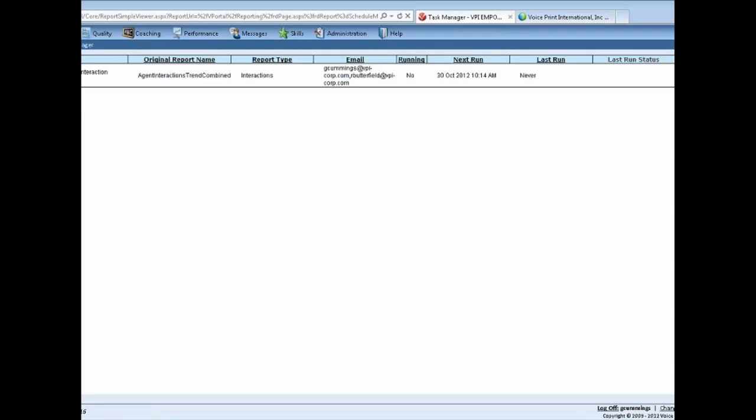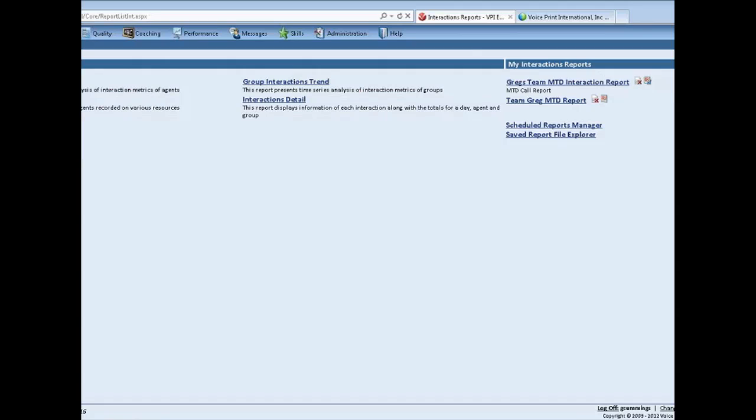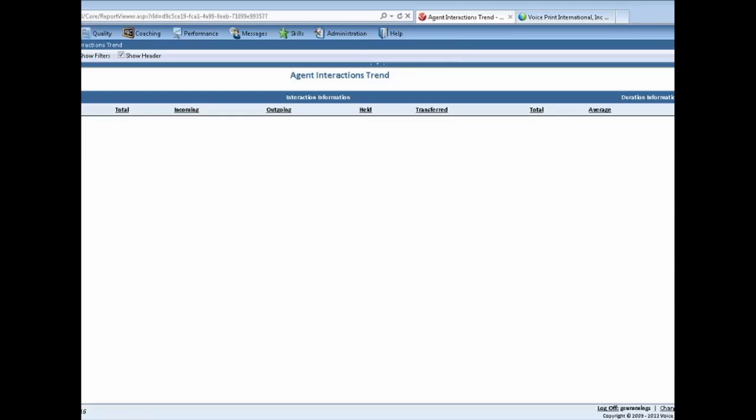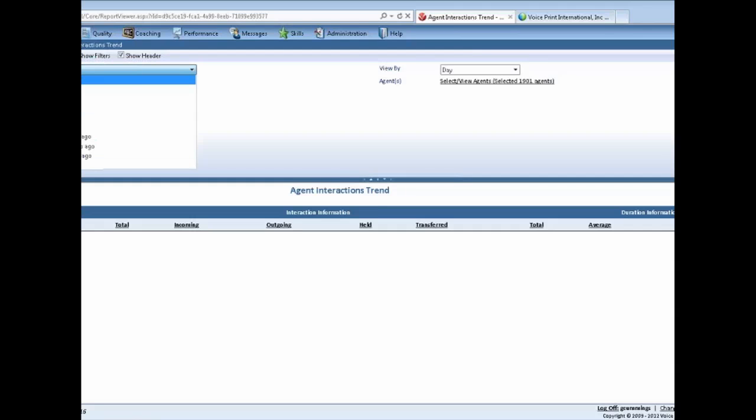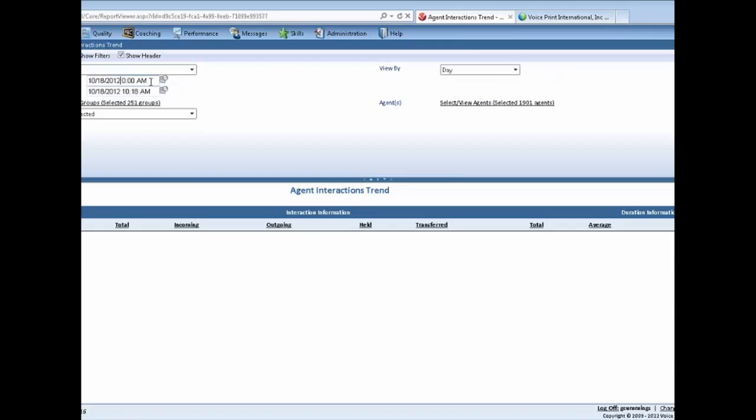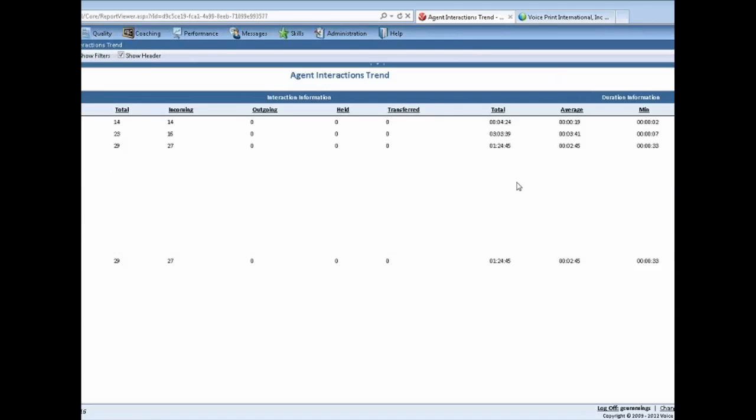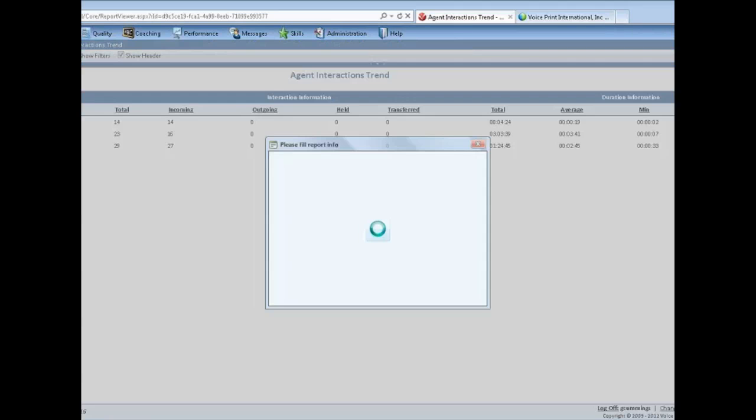I'm going to quickly walk through those steps one more time because, as any of you guys that might know me, I like to repeat myself and just do that for understanding. If I go back to my reports view, I run a particular report like an agent interaction trend. I define my report values for how I want it to display by setting my date and time parameters, setting my groups and my agents. Once I am comfortable with the data that I'm viewing, if I want this to be sent out on a regular basis, in the upper left-hand corner, I simply save this report, name it,